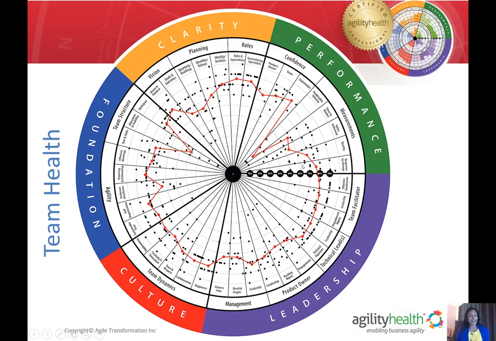The second thing is this red line here. This red line is really the average of each area. The other thing here is the shading. So the shading is really going to be the gray. So for example, where we see in this value delivery, you can see that it goes from an 8 to a 2.5. So there is a lot of shading and variance here.